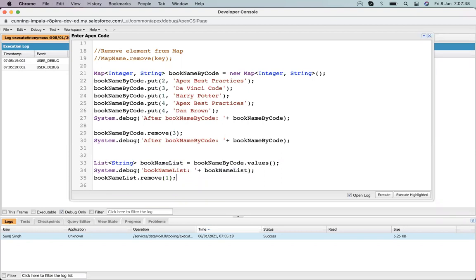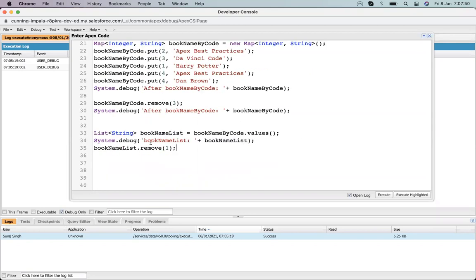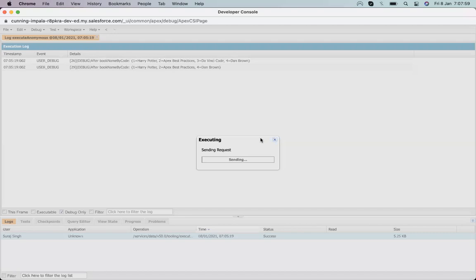So I will remove the second element, the one at index one, because indexing starts from 0. That's why. So let's execute it.